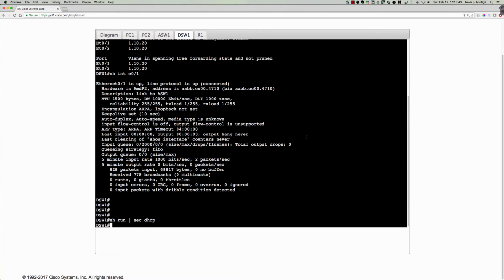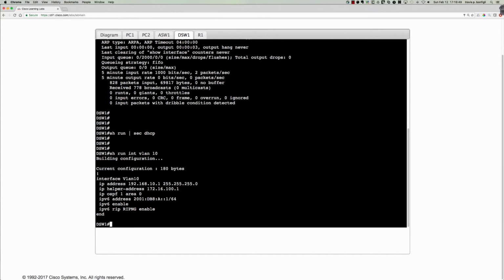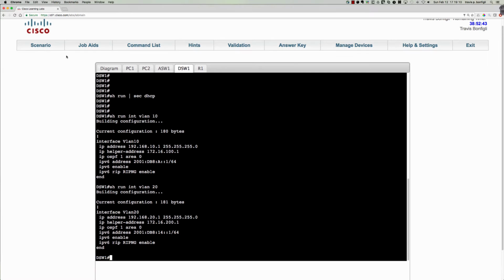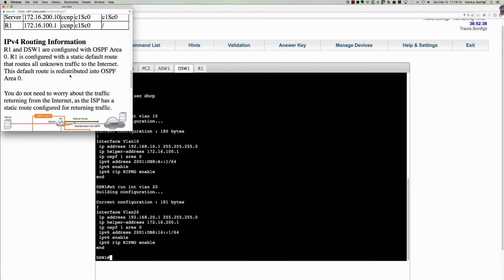And so what that typically means is that in the VLAN, show run interface VLAN 10, we should have a helper address. Right, so here's IP helper address 172.16.100.1, and let's see what that looks like for VLAN 20. And we've got 172.16.200.1. So if we were to take a look again at the job aid, what we're going to see here,